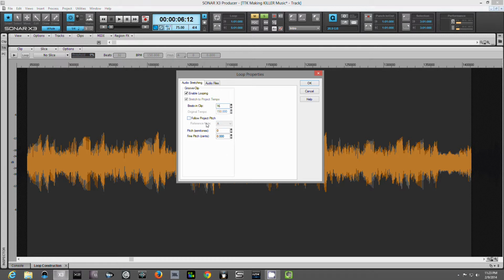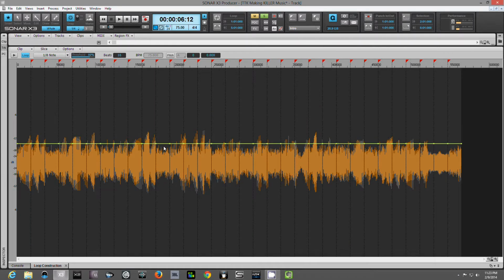And since it's not a pitch, well, it is pitch related, but we're not going to be pitch shifting if we change keys or anything, we're just going to leave it the way it is. This is mainly a repeating rhythmic unit, so we'll just leave it as such. Let me click OK. Now you notice Sonar went ahead and created all these little beat markers and grid lines. So now if I play the clip,